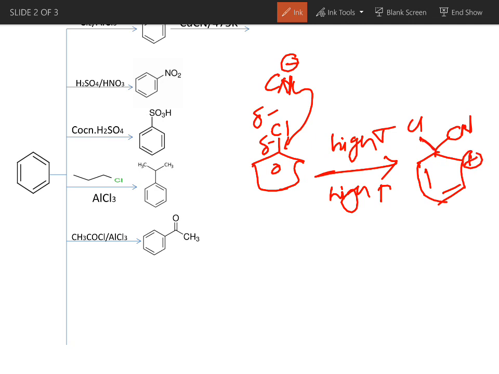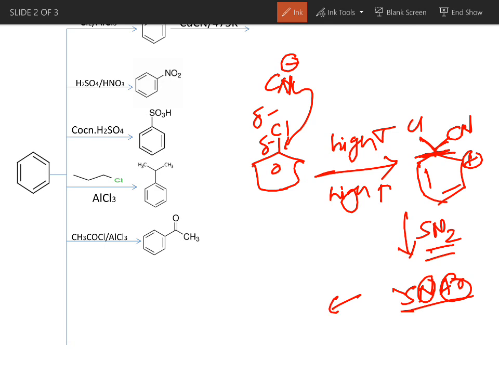Since both leaving group and nucleophile are attached at same time, the reaction is said to be undergoing SN2. But we will not call this reaction only as SN2, it will be called as SNAr. SNAr is known as nucleophilic substitution aromatic reaction, and it forms a compound